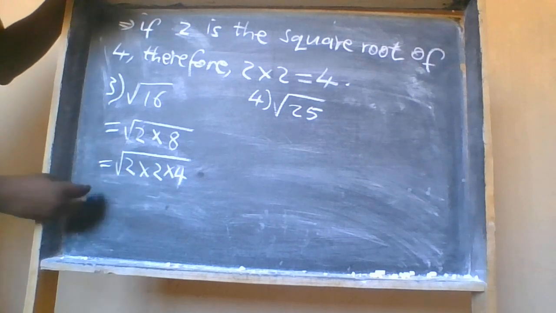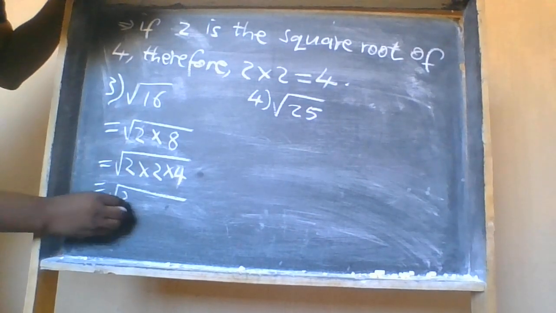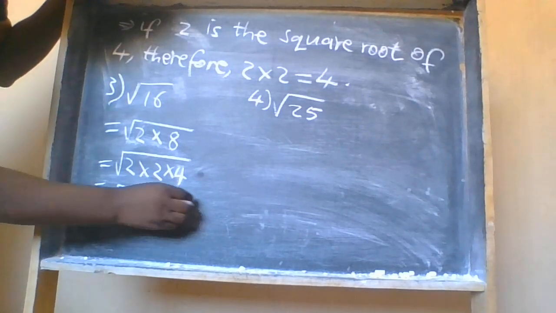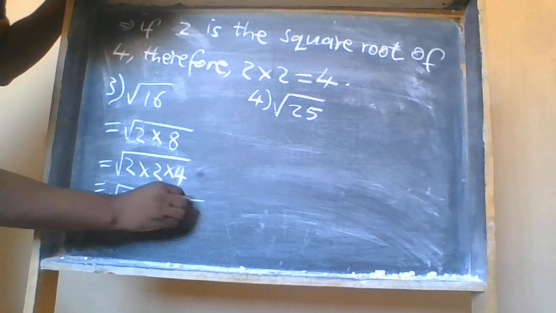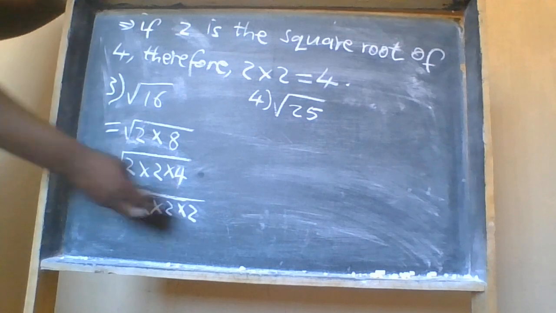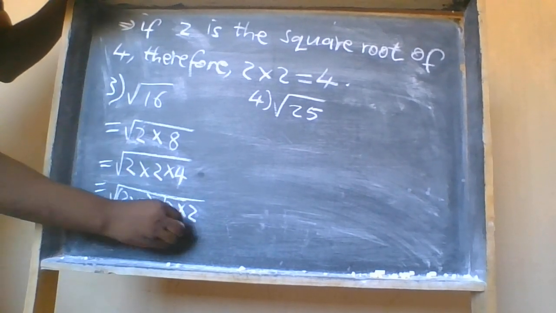You can also break down this 4 into 2 times 2, so you have 2 times 2 times 2 times 2. How many 2's do we have? 1, 2, 3, 4. Therefore, if you group these 2's into 2 groups,